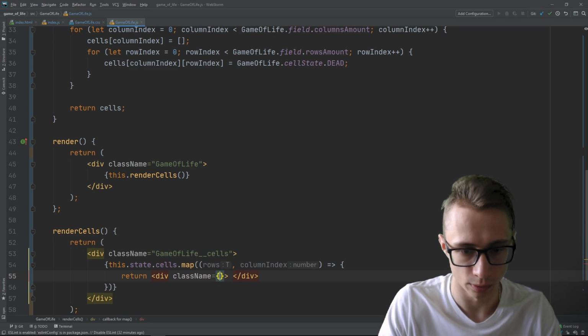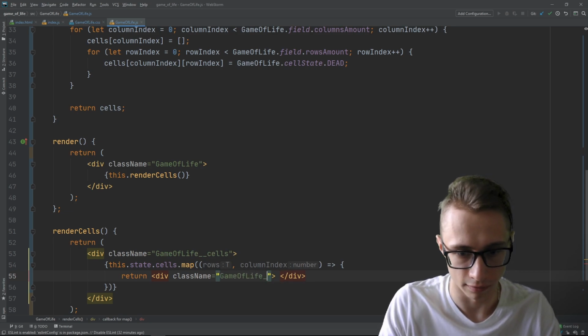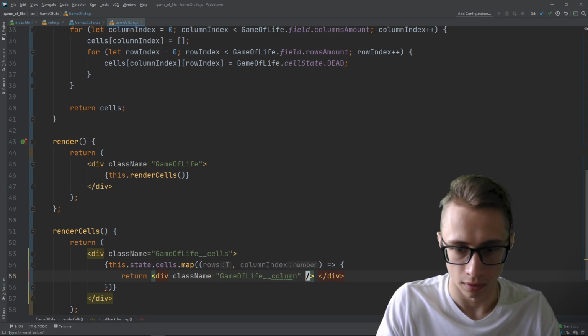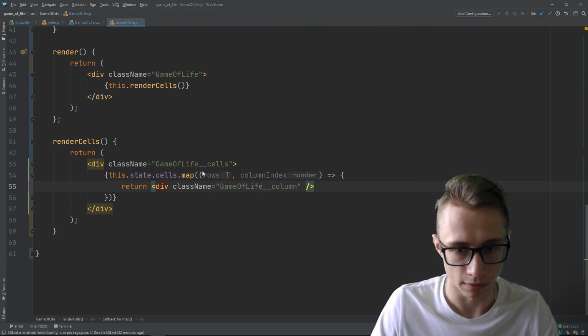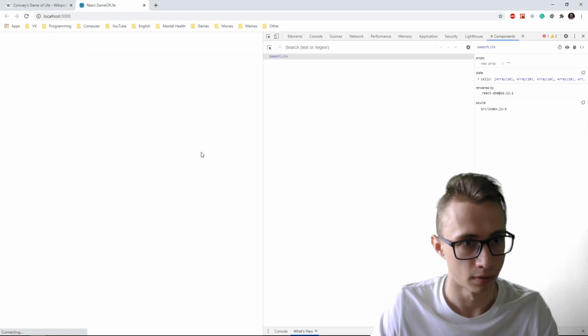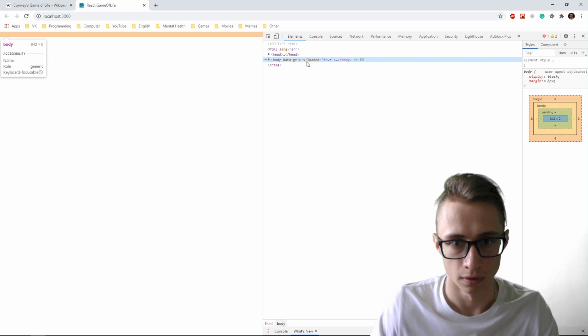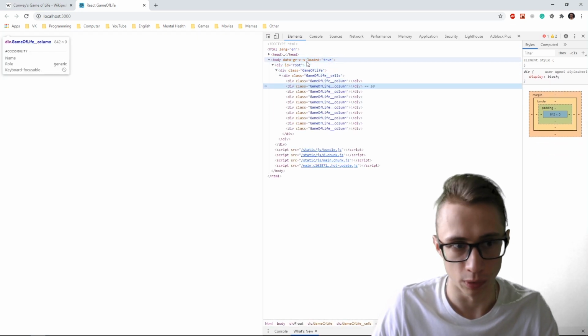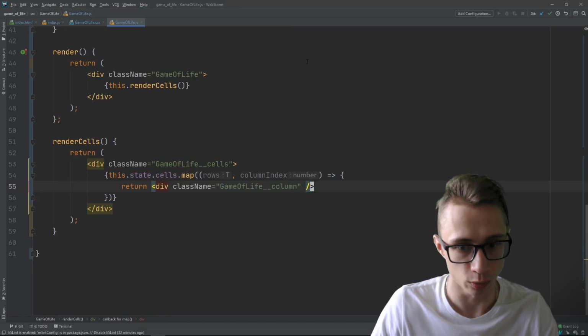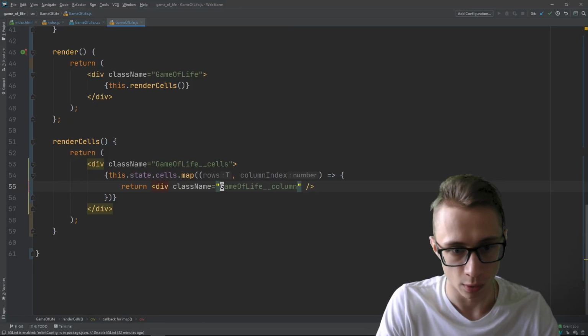Class name equals game of life column. Yep. So let's see if it works. Cool. So as you can see, we have all the columns we need, and then inside of them we'll build a